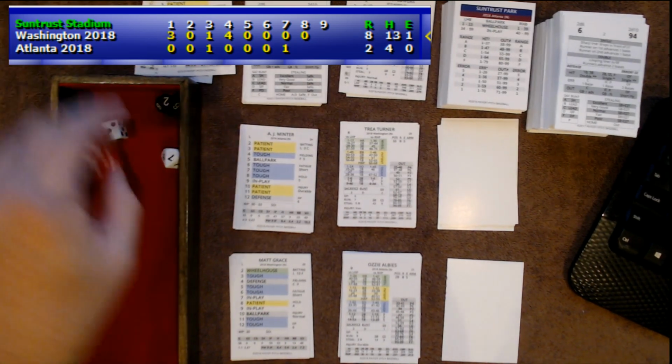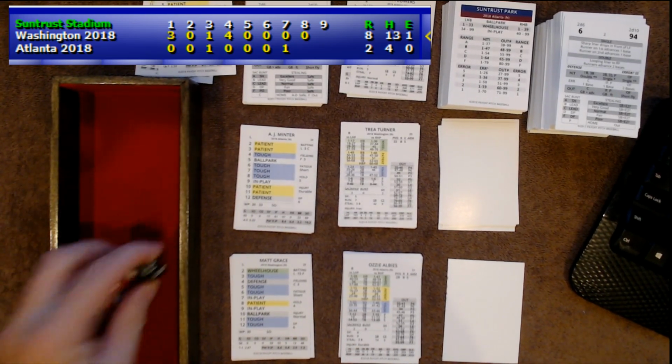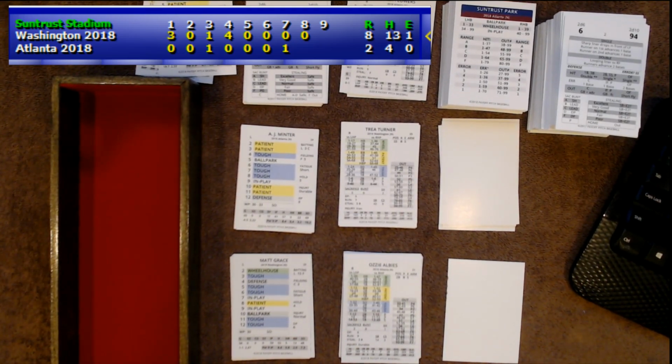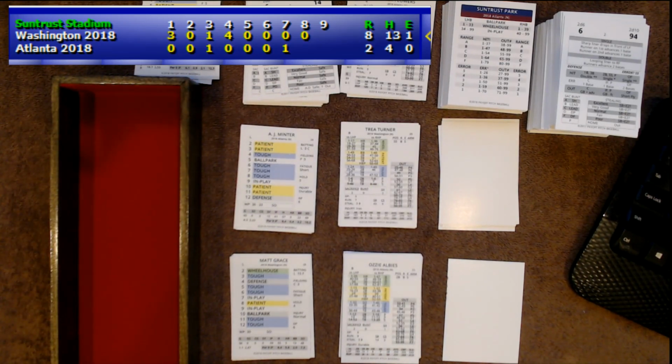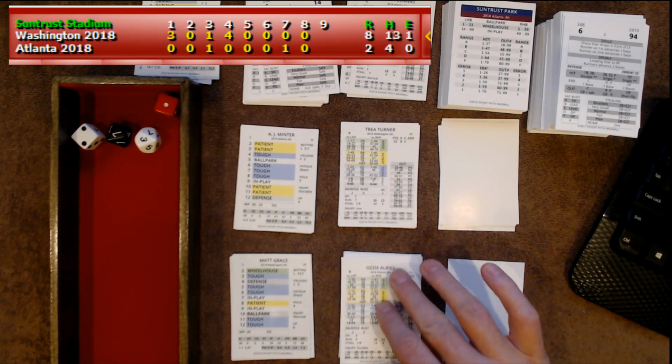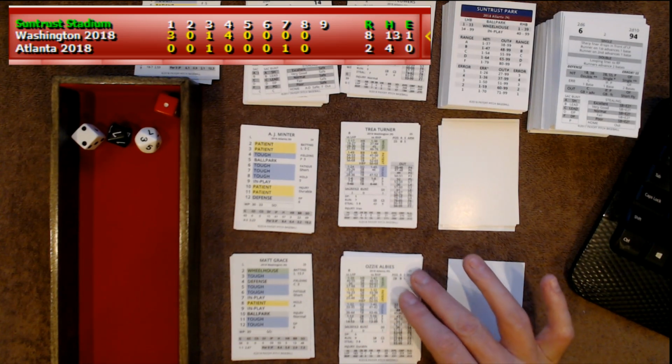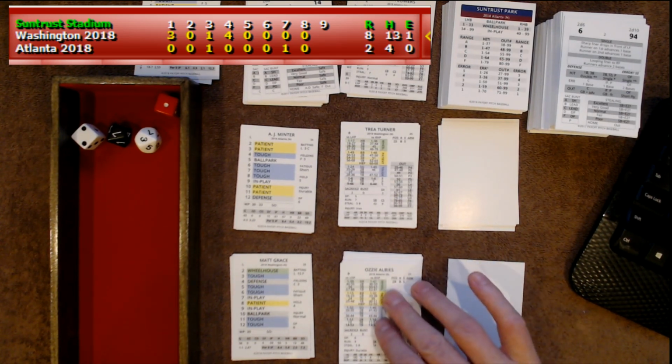Oh, foul ball, foul ball. We got the dice jumping off here. Oh, foul ball, foul 2, strike 2, foul ball. There we go. 3 is a tough 73. And these are lefties. You got to remember to look on the left side. And the 73 is going to be on a range. It's going to be a grounder to second. And that's going to do it for the 8th inning. We go to the 9th.